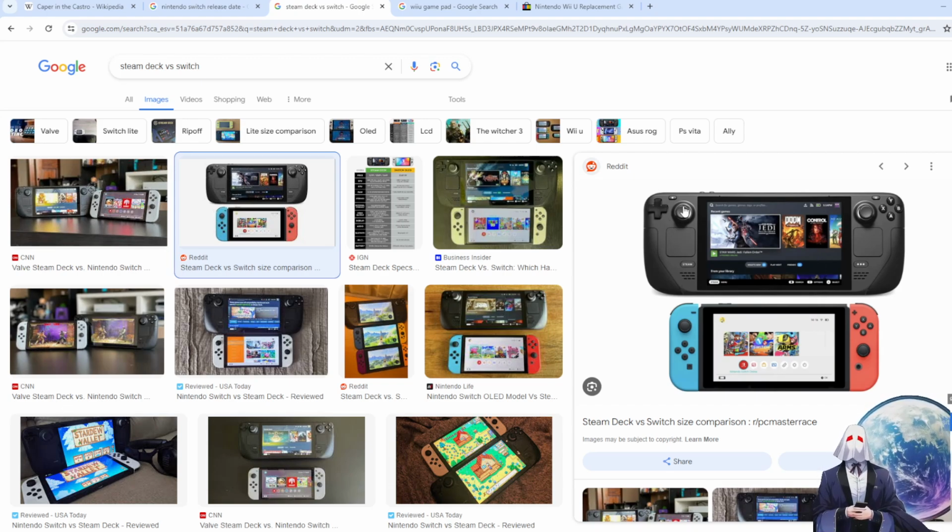Especially since the screen is pretty much the same size, they just made the controller aspect really big, which is good for it not being everything too small close together, except it looks like they're pretty much the same size. The joysticks might be a little bit bigger, but I think that's just an optical illusion because it has the areola around it.